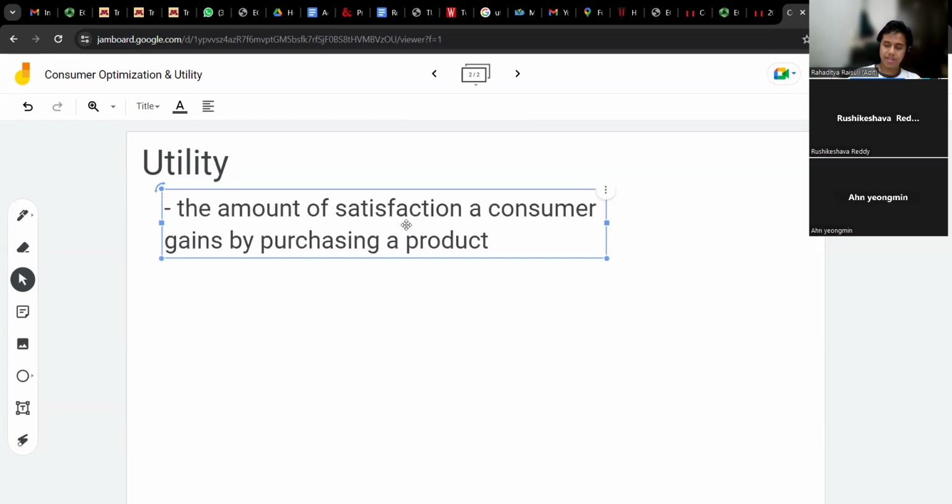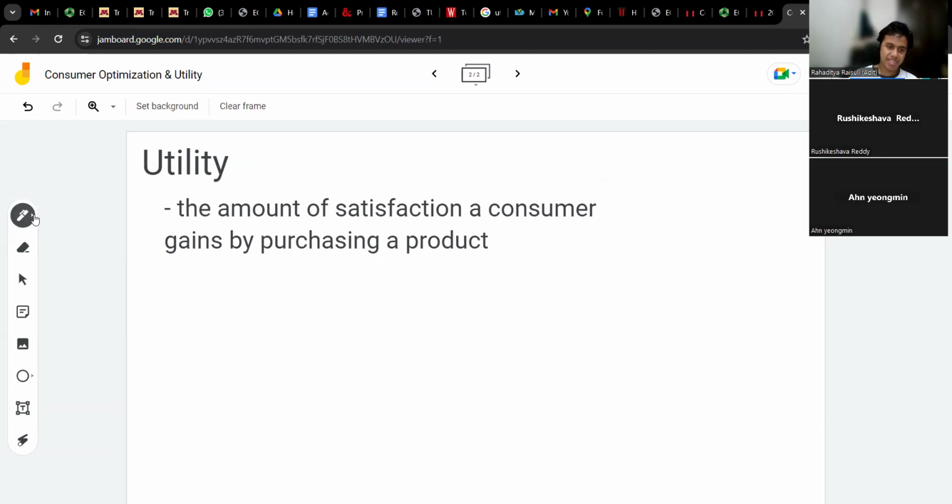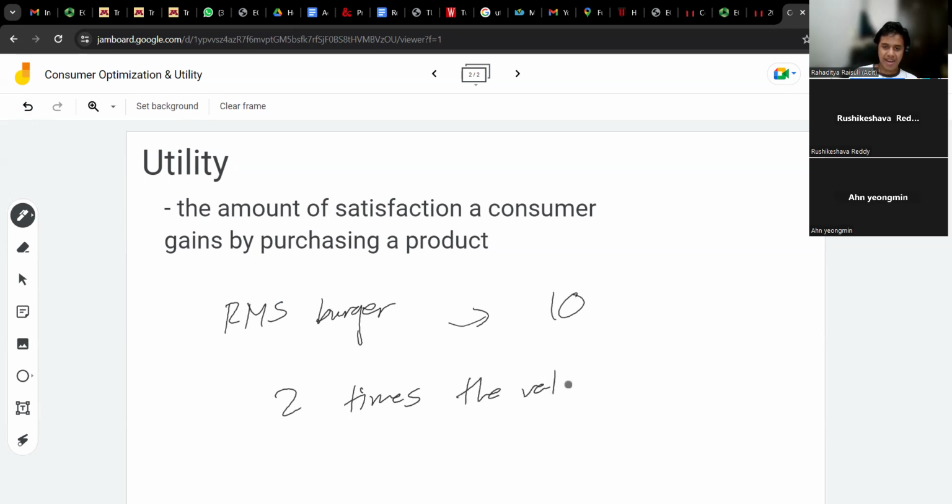So let's say, for example, I decide I'm interested in buying a 5 ringgit burger. And for me, a burger has a utility of let's say 10. That means I'm basically getting 2 times the value. Because notice that when I have the 5 ringgit burger, I have 10 utility to 5 ringgit. So utility is a bit hard to measure, but the best way I can explain it is